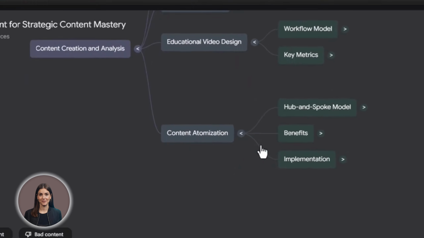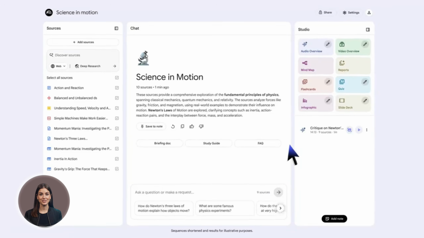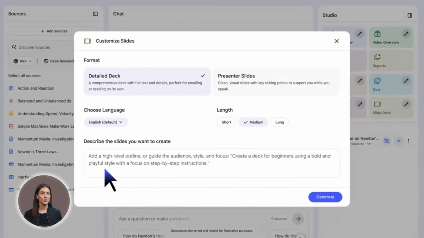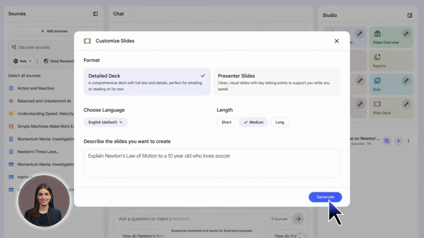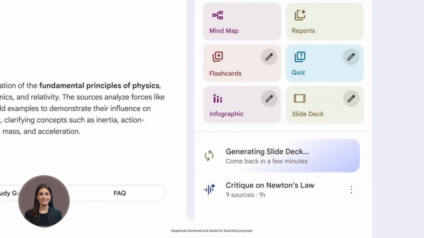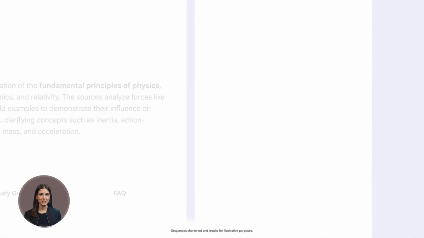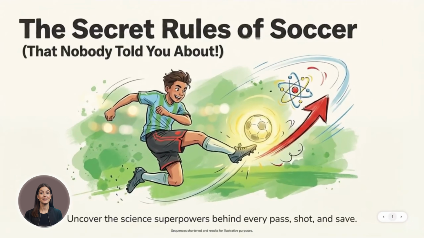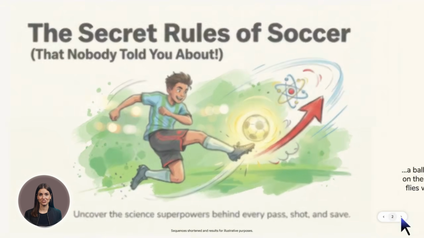Use Case 4, Client Presentations. This one's practical. You need to present information to clients or stakeholders or your team. NotebookLM can help you create compelling presentations. Here's the process. Upload all relevant information, project data, research findings, performance metrics, then use NotebookLM Studio features to create